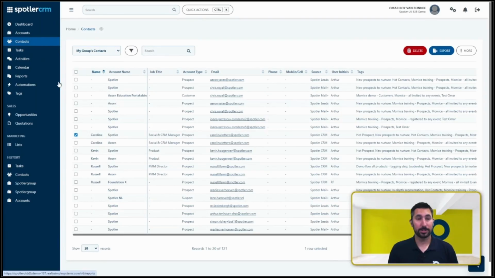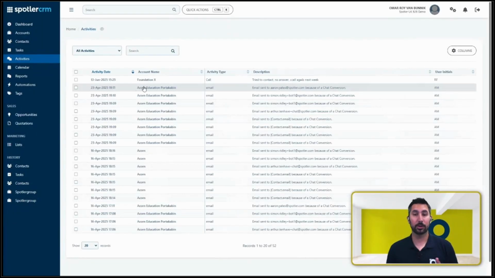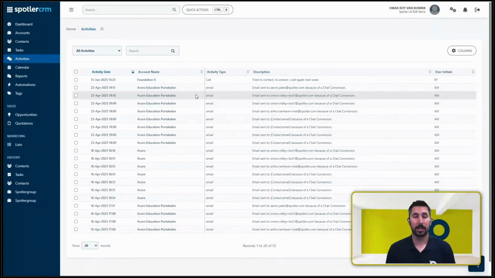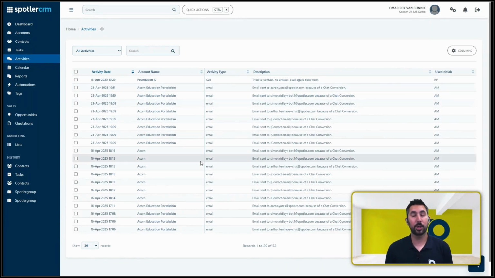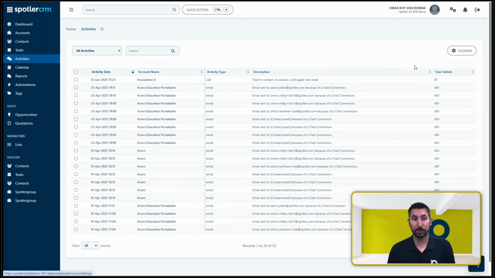So the last one I wanted to show, activities. So these are all the things that happened. So here you can log your calls, you can log your emails. You can log digital activities on contacts, but everything shows here, and you can see all the activities from your contacts. If I then go to the settings